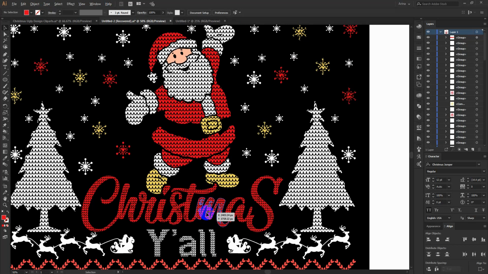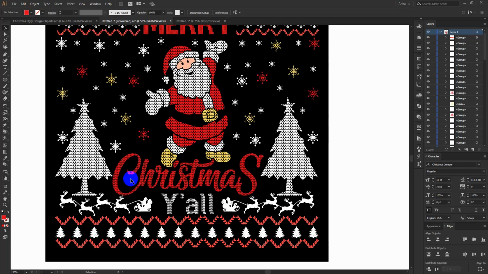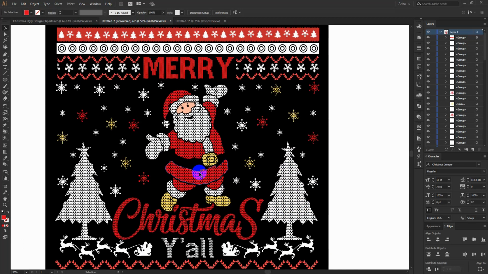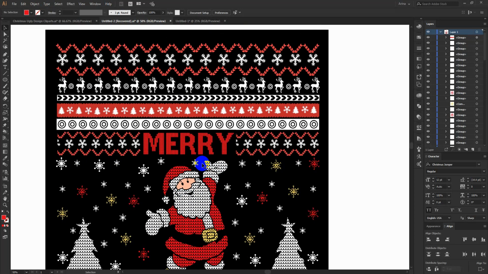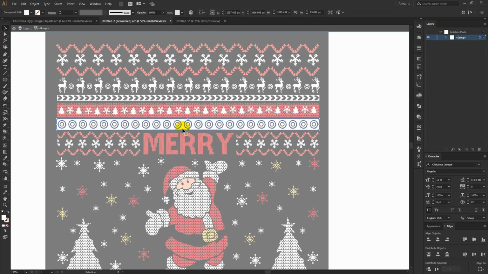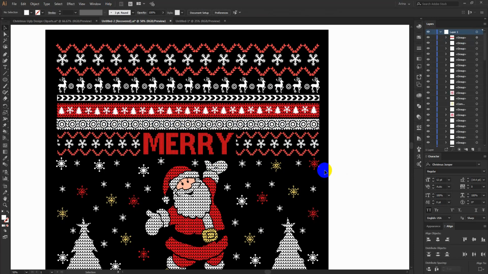So one thing you need to understand for sweatshirt design is everything should be in this pattern style, because sweatshirts are not made with cotton like t-shirts, they are made with wool. So when you are printing something on wool, it looks something like this. So I am going to make everything here in this pattern style, and for this one here, maybe this white area, if I just double click here, select my eyedropper, and click on this white pattern area, it will fill that with white patterns.